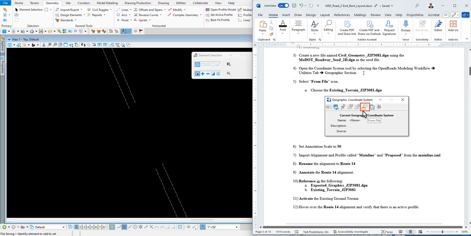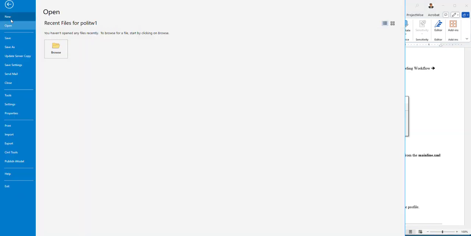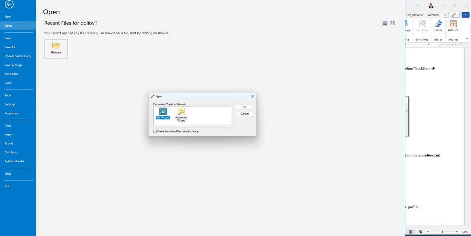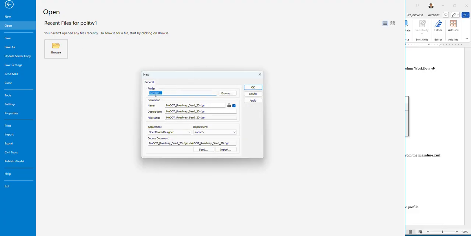Well, it looks like we want to do our coordinate system, so we'll go add the coordinate system, and we'll talk about that as we go. So new file. File, new, no wizard. We'll hit OK. And verify you're in the right job folder. We are. This one's going to be the civil geometry file, so let's go ahead and type that in. Civil_geometry